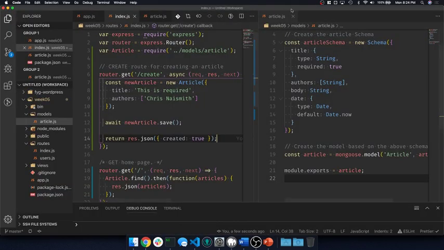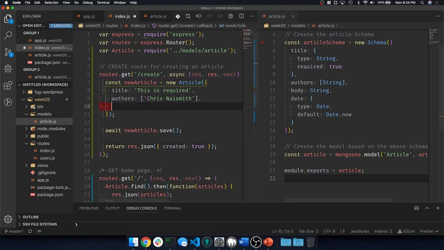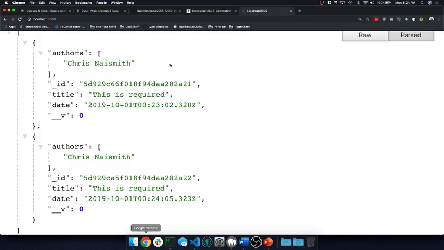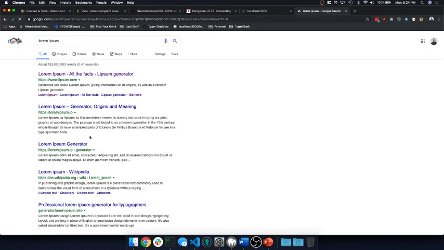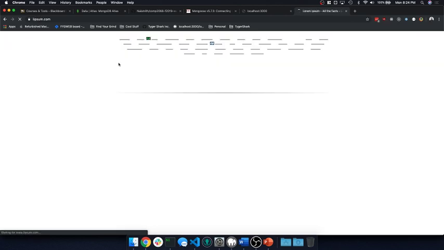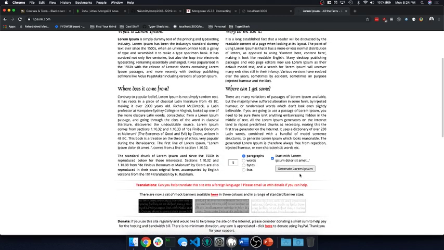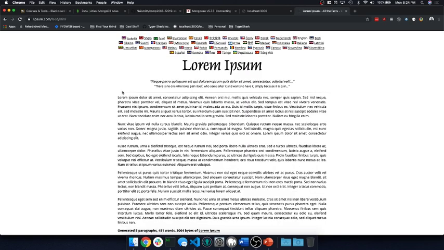So let's say I want to actually put in a body. I'm going to put in body, and I'm going to grab some lorem ipsum text, which you guys have probably seen before. This is just a bunch of gibberish Latin that people use as placeholder text. I don't even know off the top of my head why Latin started being used for placeholder text, but it just was. So I'm going to copy this